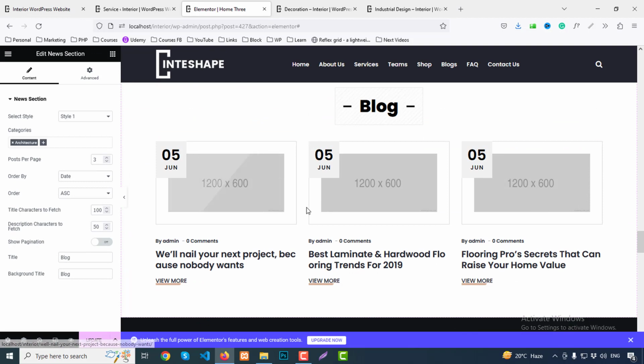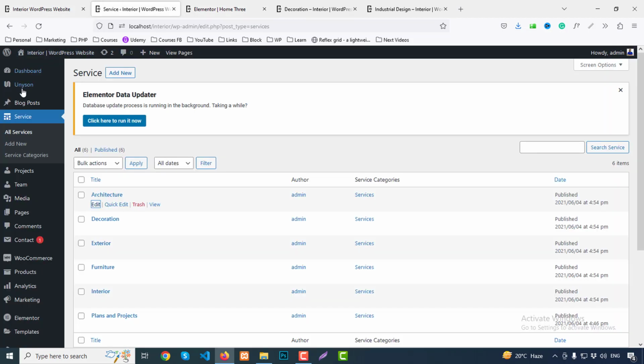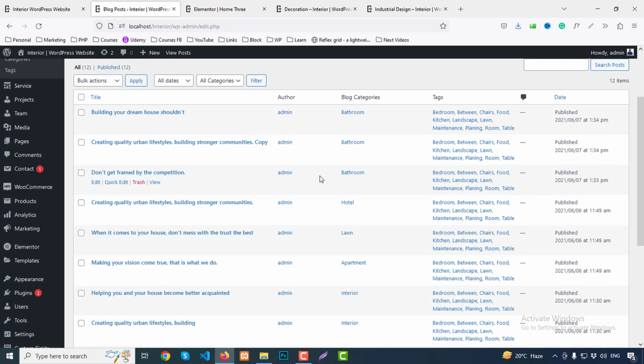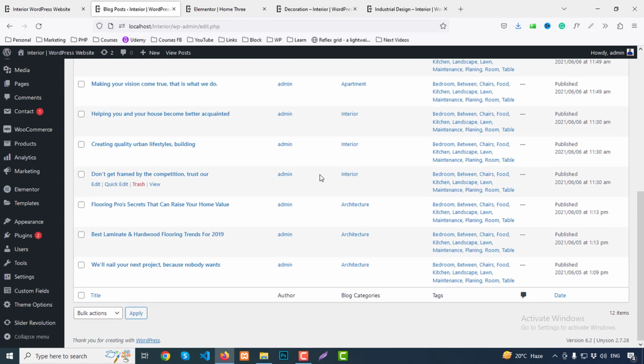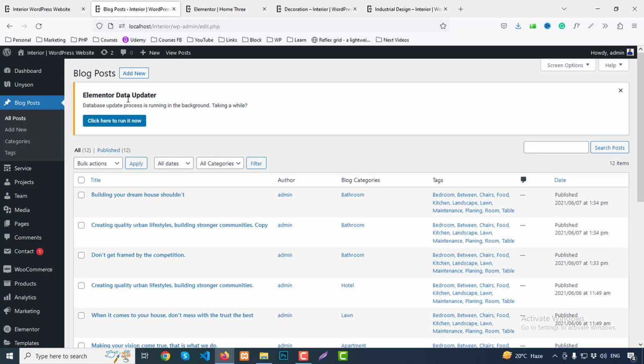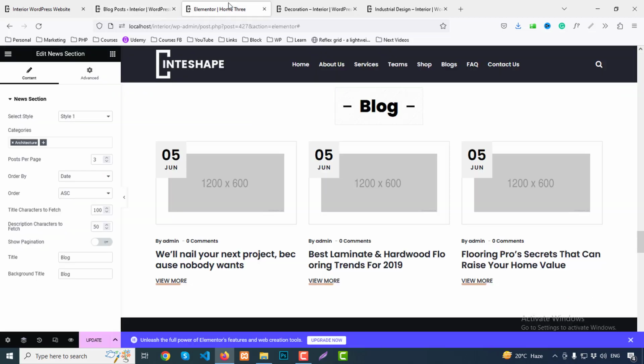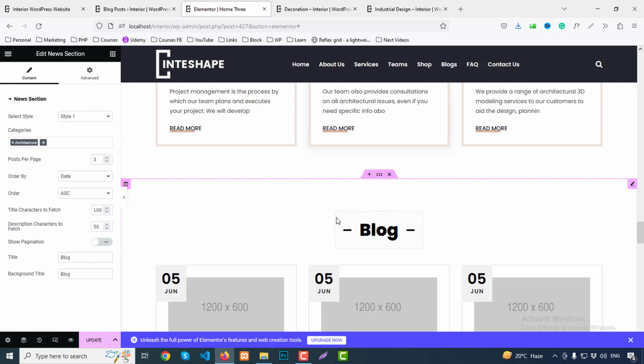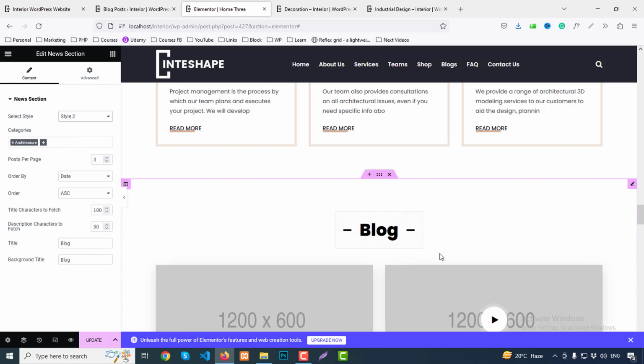This blog part is by default, so it comes from our blog page part. All of this is from blog posts. It is a traditional blog page. So just change post to blog post. So if you click this item, here, this part, okay, click here, new section, that means style 1, 2, 3, you can change the style from here,